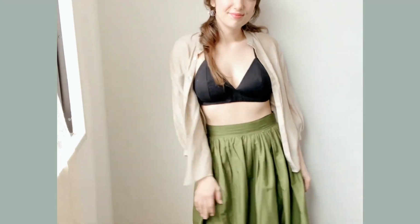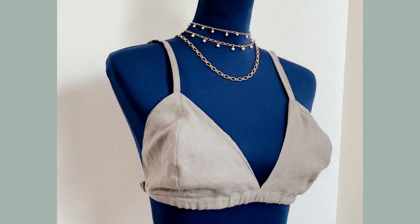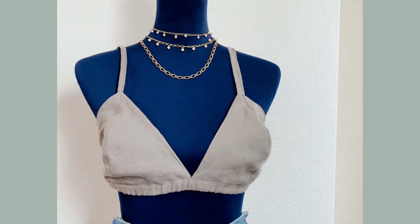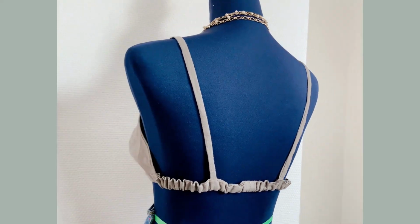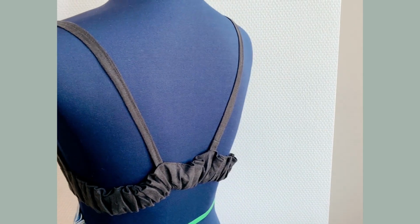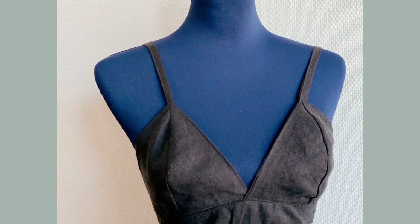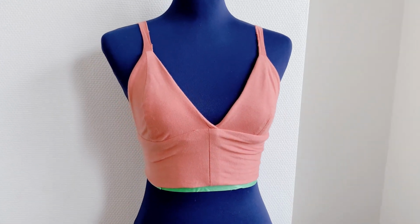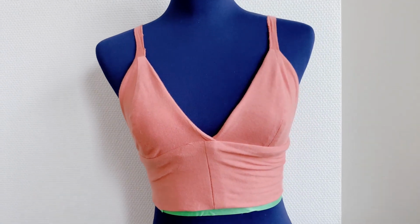Today I have an exciting tutorial that's perfect for those who are passionate about sustainable sewing and upcycling. In this video, I show you how to transform a big linen skirt into two stunning bras using my free PDF Bralette pattern. Not only is this project eco-friendly, but it's also beginner-friendly, making it accessible to sewists of all